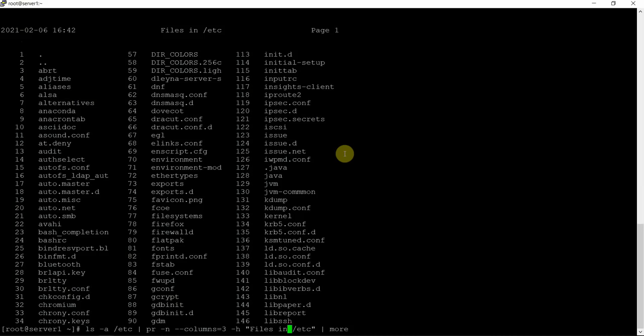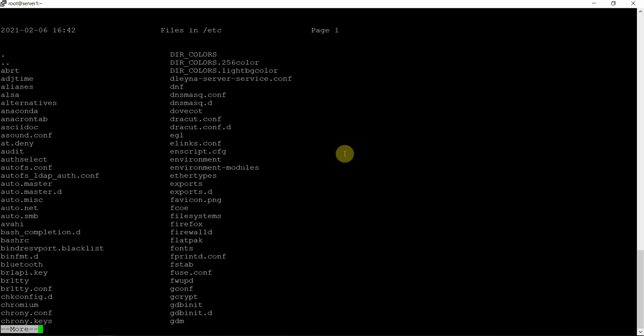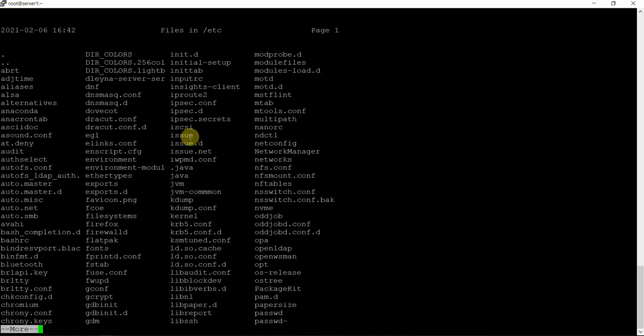If you want to remove these numbers, that is line numbers, you can use this. And if you want to specify two columns, you can specify two, and this will display in two columns. If you want to display four columns, you can use display columns equal to 4. This way you can display the lines in a proper format with proper headings, and that's a very good command, a handy command for printing purposes.